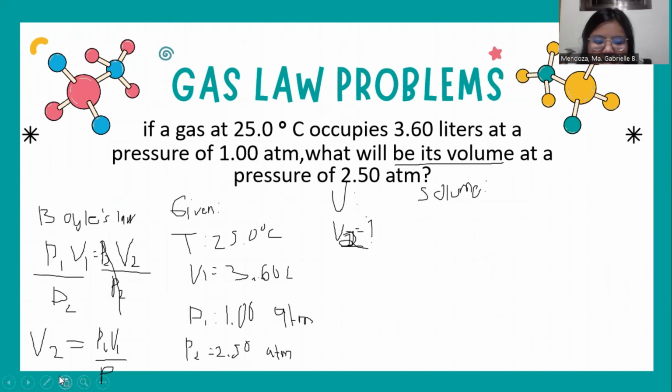Ayan, add ko na lang dito kasi, yan, P2. So, since may formula na tayo, let's solve na. Okay? So, V2 is equals to P1 V1, V1 pala to, over P2. So, after nyan, simply,